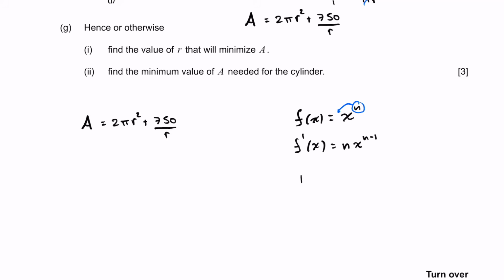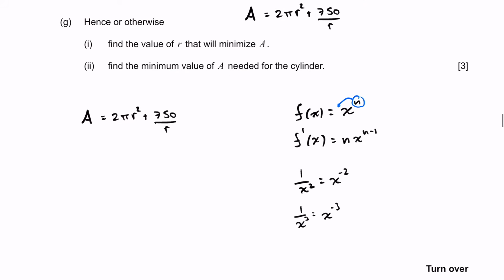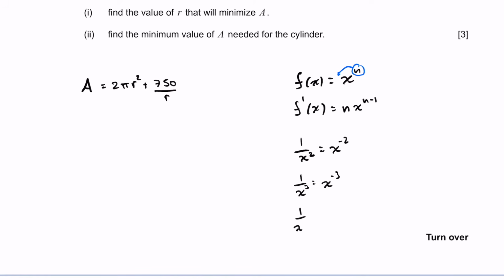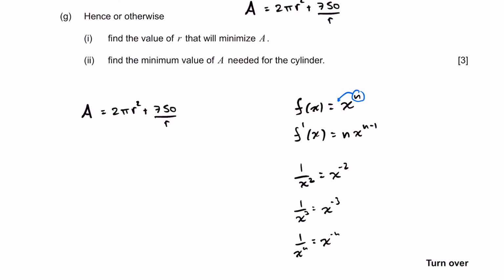Just to show what that would look like: if we have, for example, 1 over x squared, what does that look like if we wanted to write it with a negative exponent? It would be x to the negative 2. Same if we had just 1 over x cubed, it would be x to the negative 3. Or in general, 1 over x to the n is just x to the negative n. A helpful way to think about it is if you want to move this x cubed up and you no longer want it at the bottom in the denominator, just move it up, but then shift that exponent to negative. All right, so before we can tackle this, we're actually going to have to remove this r from